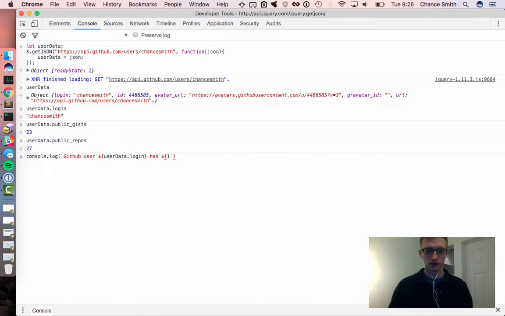Nope, that's not right. User data dot public. I'm going to do repos. So he has so many repos, and I'm just going to copy this and gist